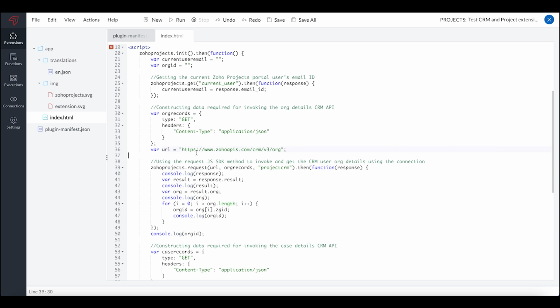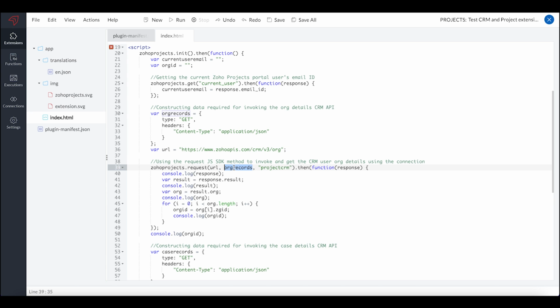So I provided the Zoho CRM REST API that we require. We wanted to get the org details and the CRM case details. So first I used the Zoho CRM org API and provided it as the URL, and that URL is passed as the first parameter to this request method.